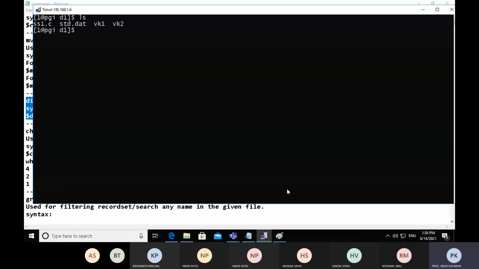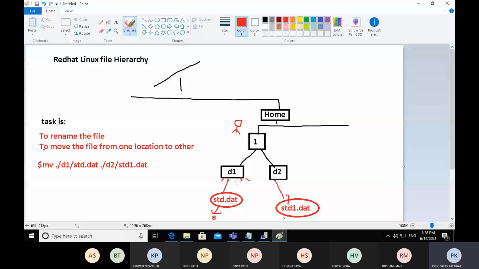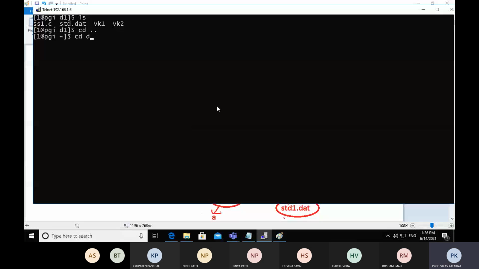Now there is another file, student1.date, which is situated in the d2 directory. So let's check in the d2 directory whether the file is there or not. The student1.date is already there.